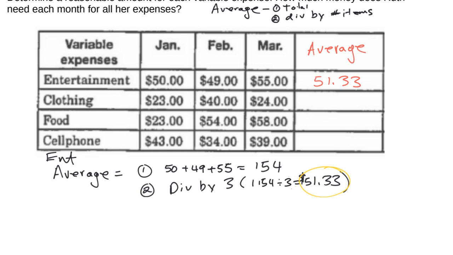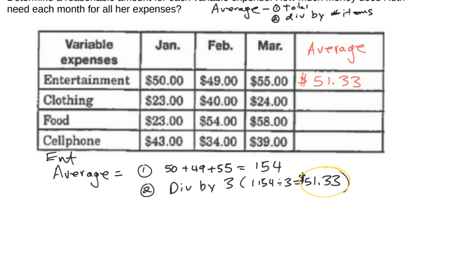Now, it's very powerful in the sense that when we can calculate the average over the months, we have a better handle on our expenses, because sometimes those expenses go up, sometimes they go down, and then we can use this average to gauge how much we need to pay for our budgets. So that is the last concept that we need to know. When you're doing your budgets for variable expenses, we are going to use averages in order to get our totals for our variable expenses.